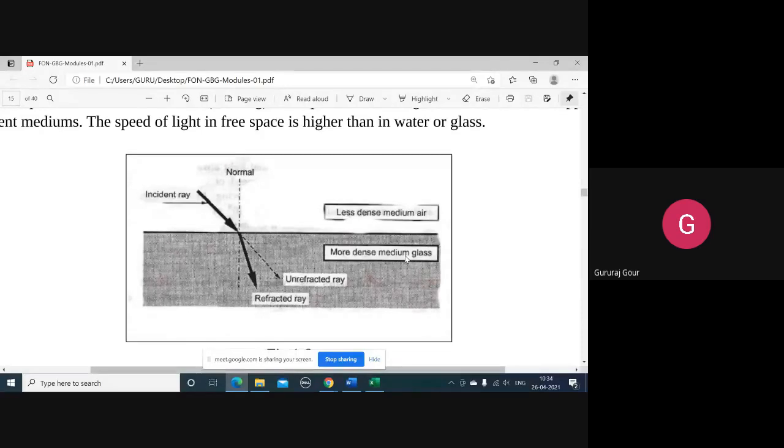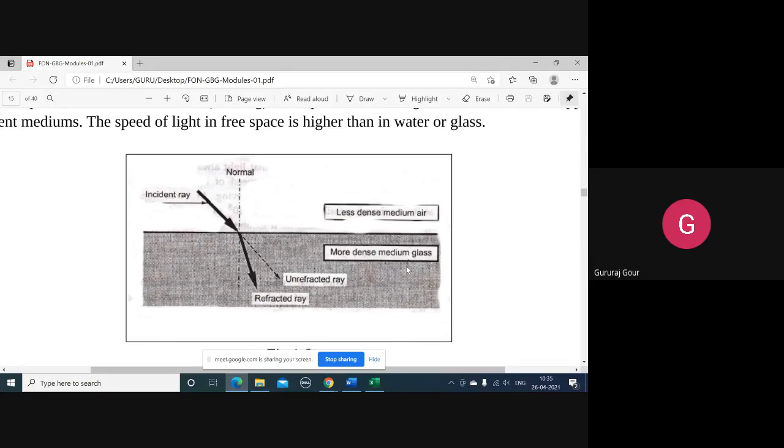And why is this bending occurring when the ray of light passes through two different media having different densities? Remember, this is a very key point I'm telling. Suppose this less dense medium is air and the more dense medium is glass. In air we know that the speed of light is 3 into 10 to the power 8 meter per second, because air is less dense and glass is more dense. So when the ray of light enters the glass, certainly its velocity will be affected